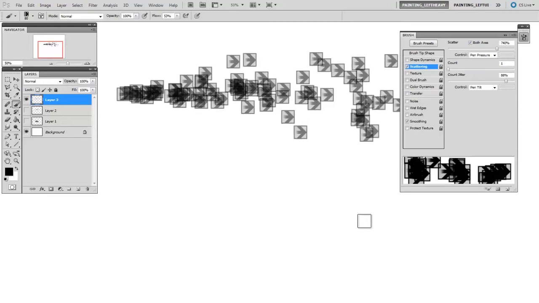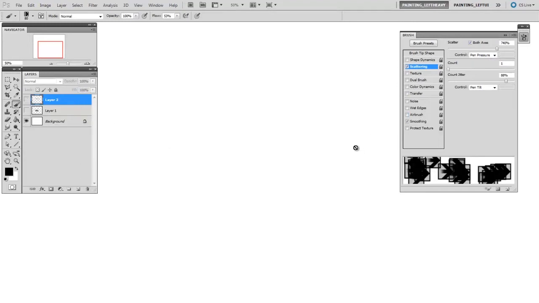Up to a maximum of 740%. So when you choose the slider, this is how much. And then control is what's driving it. Well, for my brush, I don't want the amount of randomness to be tied to pen pressure. So for me, I'm going to want a lot of scattering, maybe 800%, but I'm going to set the control